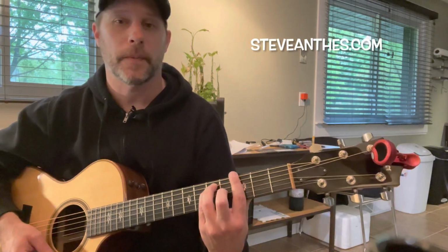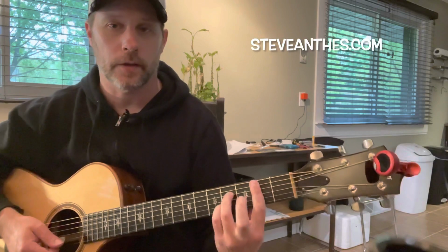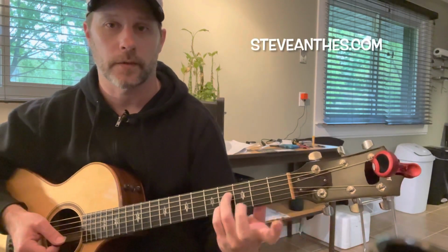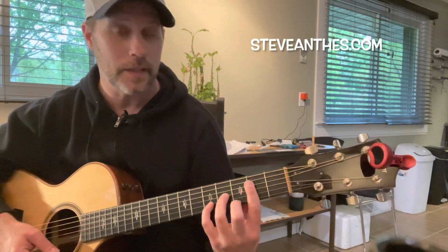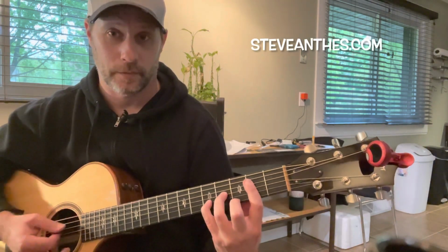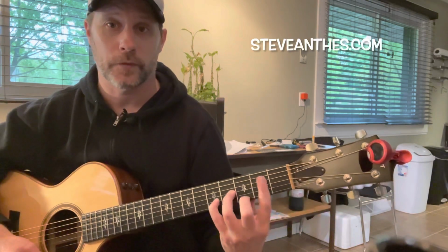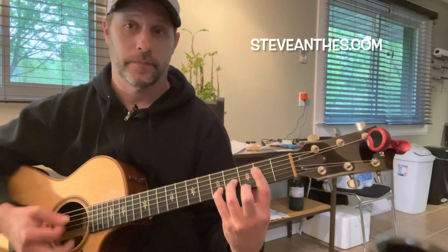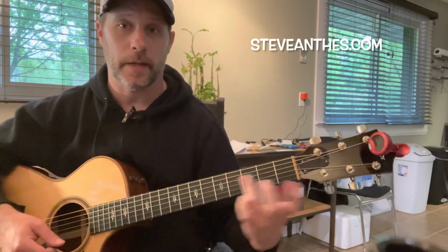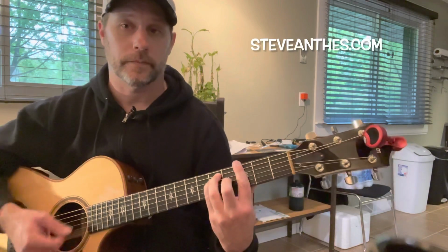So G is a bar chord, that's my E chord moved up. Then we've got B7 here as a bar chord, that's my open A7 moved up. And then I could stay right here, and I could go to a D minor shape for the E minor chord. So that's my open D minor chord moved up a whole step. And I can still play the low E. And then C would be my A major chord moved up at the third fret. So now I get